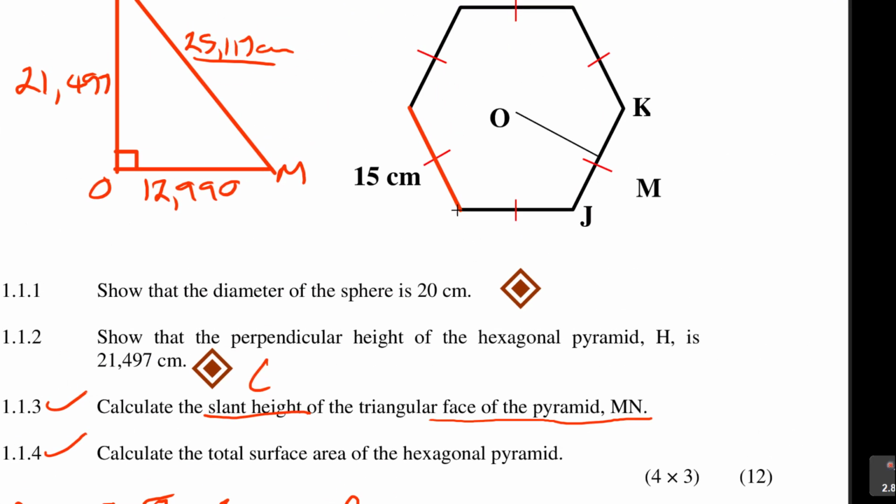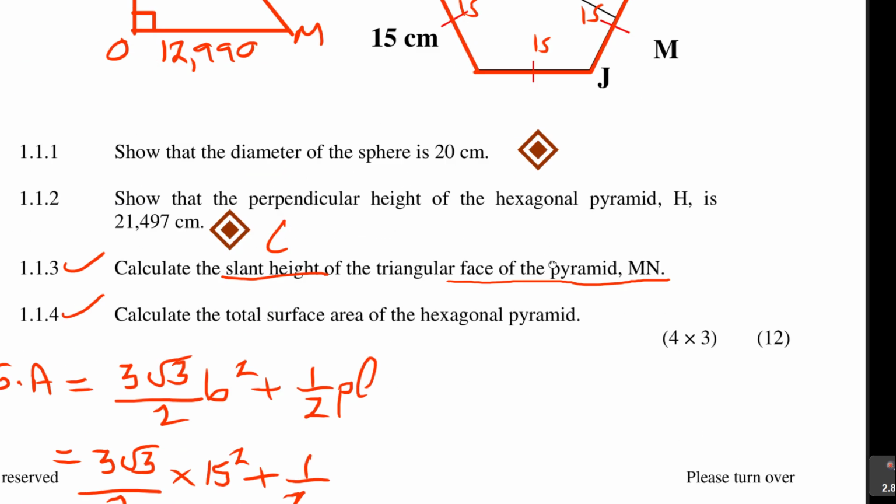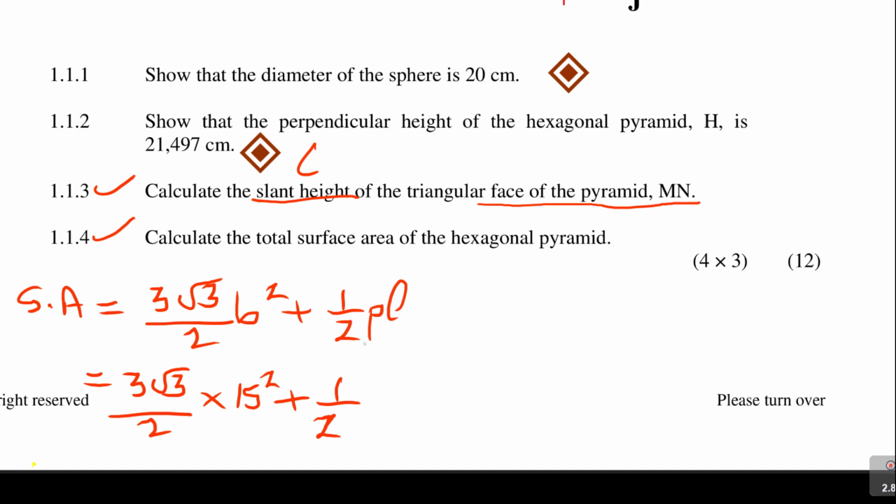So it means 15 plus 15 plus 15 plus 15 plus 15 plus 15, which is 15 times 6. So it is 1 over 2 times 15 times 6. You can put it in brackets to show that's the perimeter part,